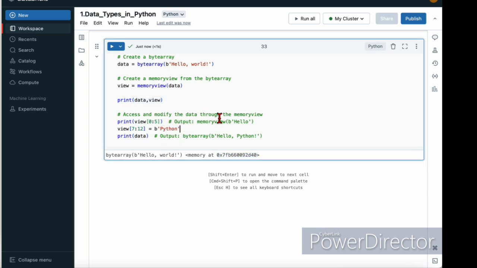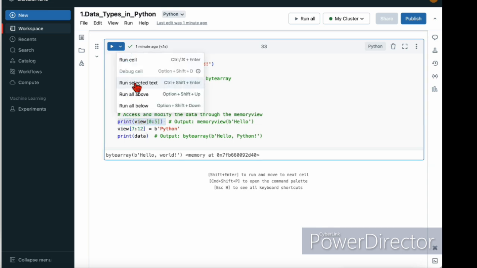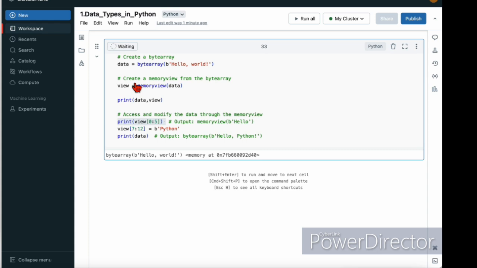We can access and modify the data through the memoryview like other sequence type objects. For example, view 0 to 5, that means the first 5 characters should be updated. We can access the memoryview objects the same as a list or array. Let's print it. You can see it gives us the location, and if we try to modify it,